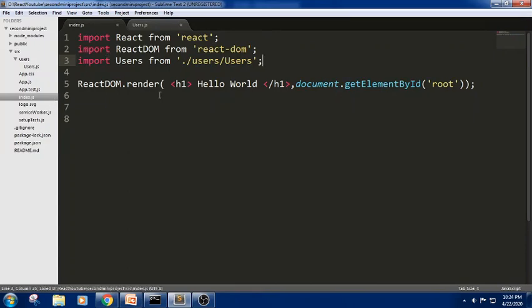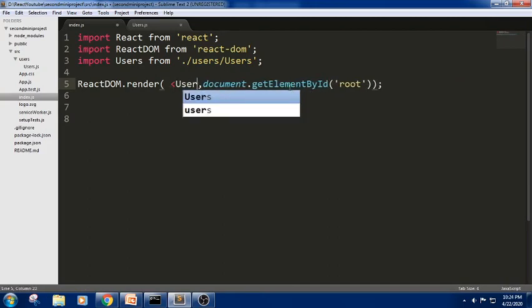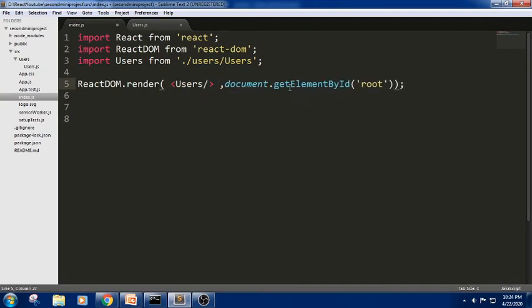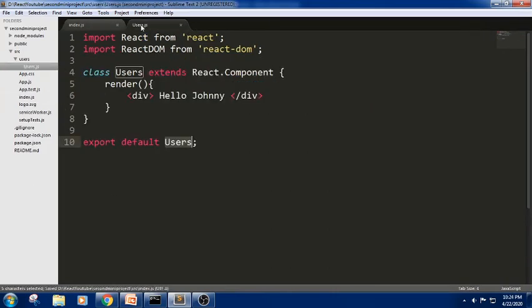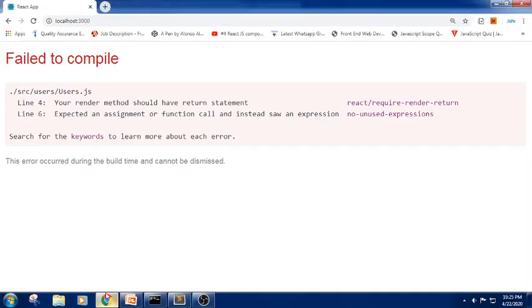As initially we have a hello world here, I am just erasing it and writing the component name. We are creating a class component today. This is an example of a simple basic class component. It extends React.Component, which gets access to all its functions, and it is using a render method to display this HTML.